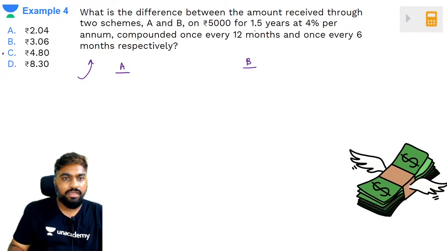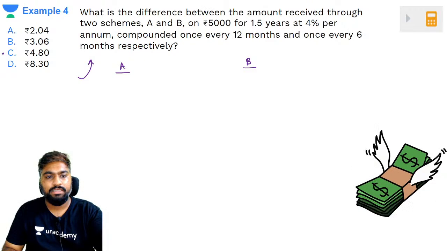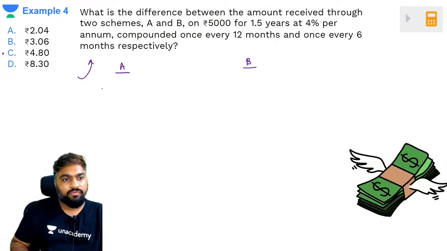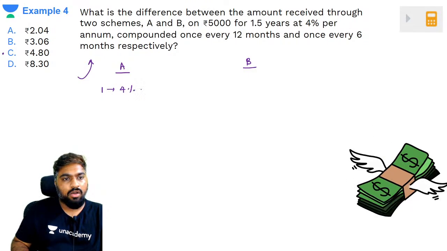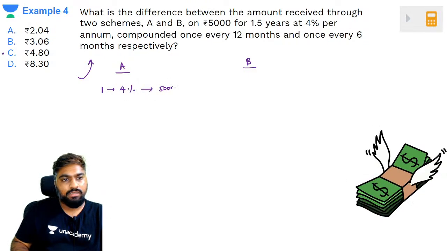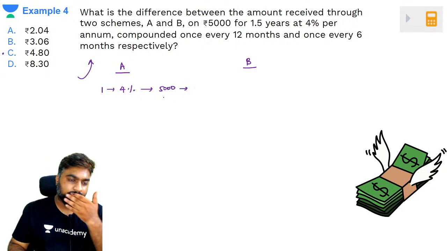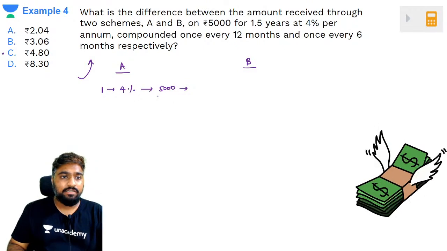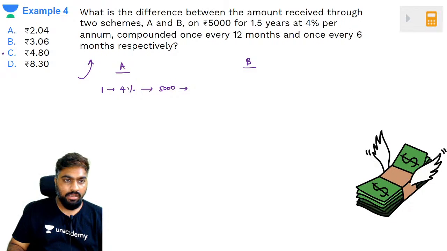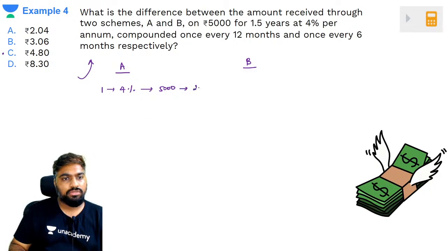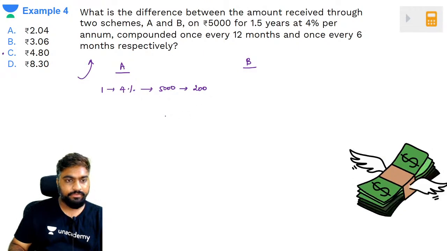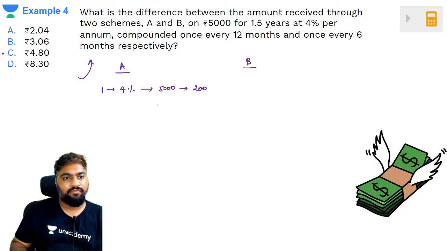5,000 rupees, 1.5 years, 4% per annum, right? So first year में क्या लगेगा? First year में 4% लगेगा on 5,000 rupees, which will give me how much? 4% of 5,000 is going to be how much? 4 into 5,000 by 100, मतलब 2 zeros गया, 4 into 50, 200 rupees. Yes. And then on